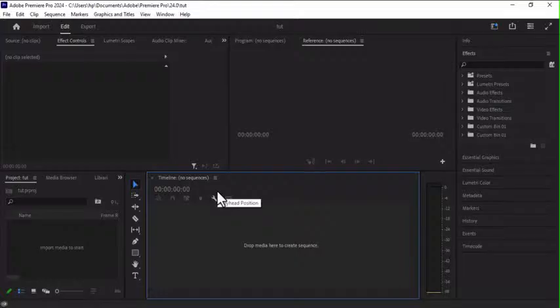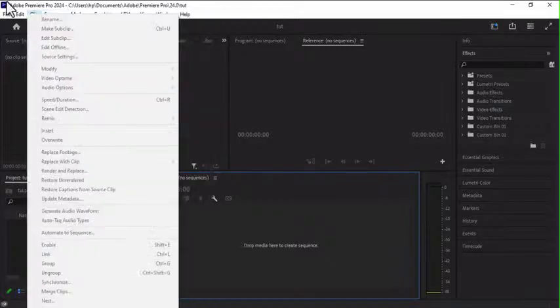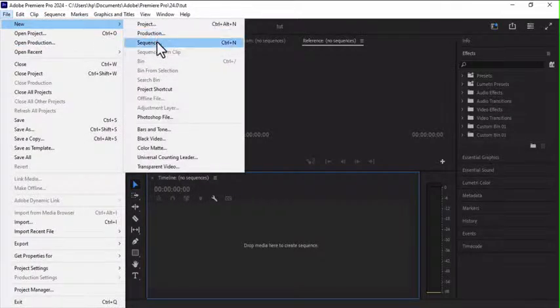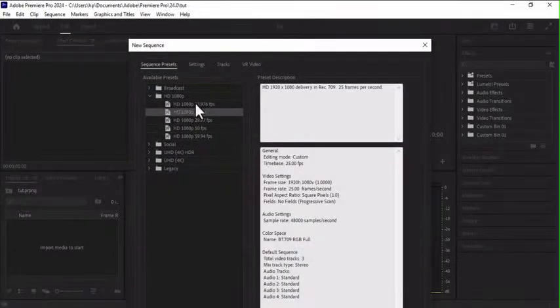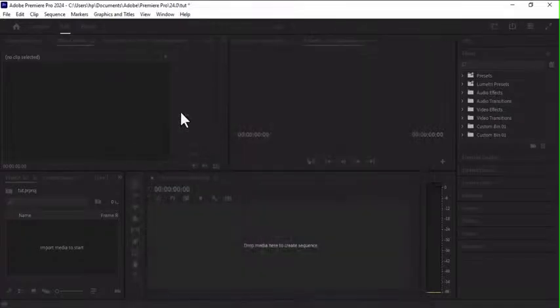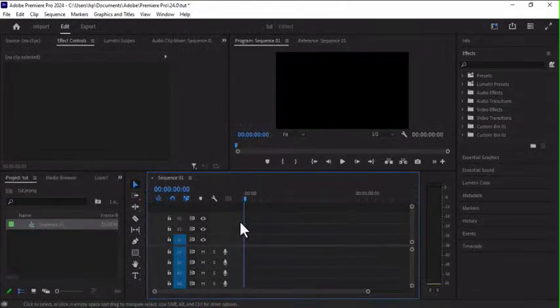You can have as many sequences as possible as they are within this place. So if you want to create a new sequence, you just click on file, then go to new, and then you see sequence. So you can create another sequence. You can name the sequence, and then you can also choose the resolution of the